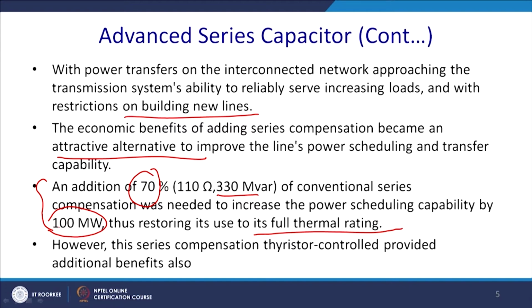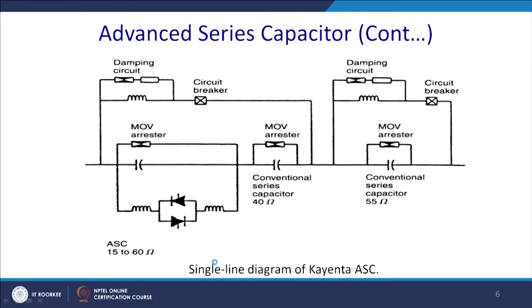However, this thyristor controlled series compensation provides additional benefits also. We know that damping can be provided and all those issues. This is the single line diagram of this ASC, advanced series compensator or capacitor. So, this is basically the damping circuit, and this is the MOV, and this is your ASC,